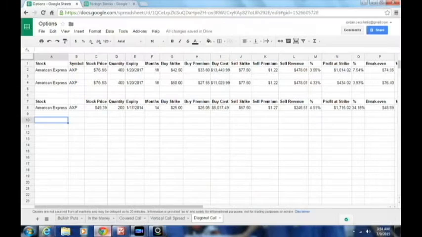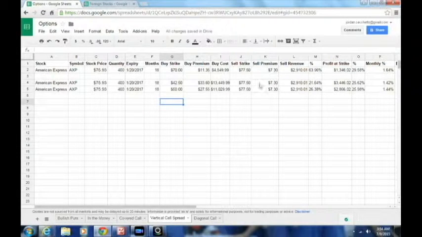However, 36 cents per month for 18 months plus your initial $1.22 premium, that still amounts to approximately the $7.30 you were getting for the vertical call spread. So worst case scenario,